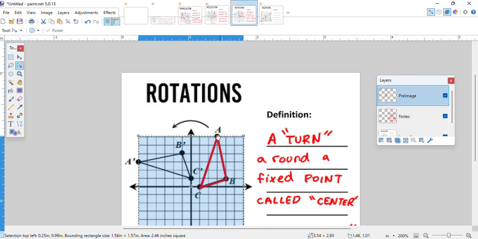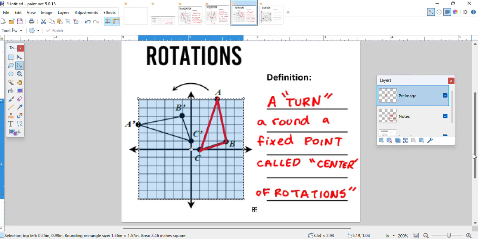And we have our original, we have ABC right here. And I am putting my center of rotation. I don't know if you can see this little point that I am moving around here. I am putting it right here at our origin because this one is rotating around that point. Okay. So now if I were to take my shape, my original shape, and I were to just rotate it